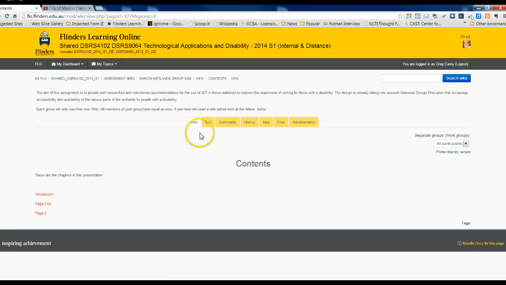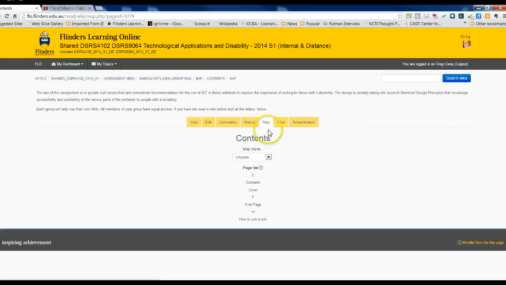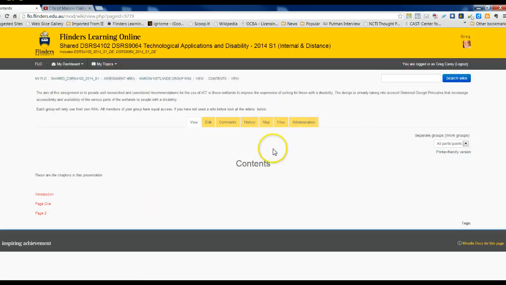I can edit the contents page. If I go to view, I can see any of the pages. At the map here, it will show me all the pages I've got. Contents, cover, first page, how to use a wiki. If I go back here to view, there's the contents. We've done edit,